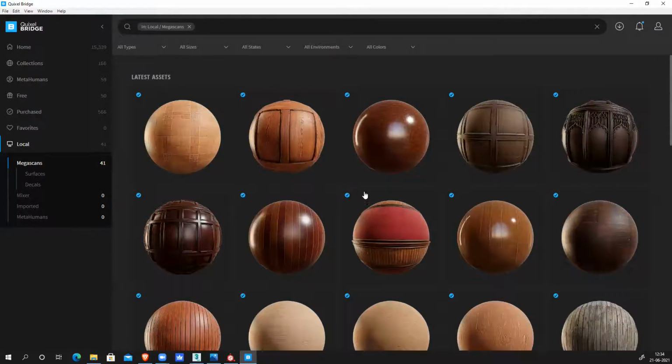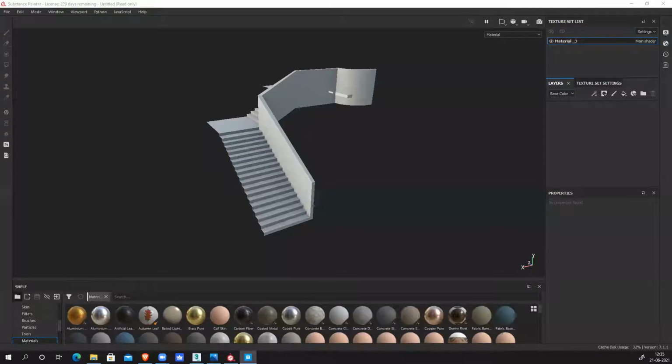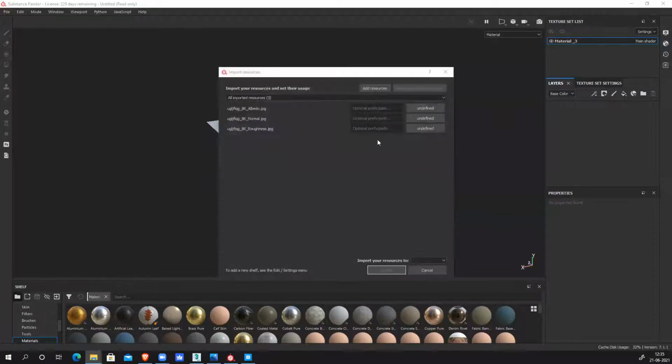One is here. Okay, just download that one. Normal, roughness, and bring it here. Select all of them. Texture, current session, import.